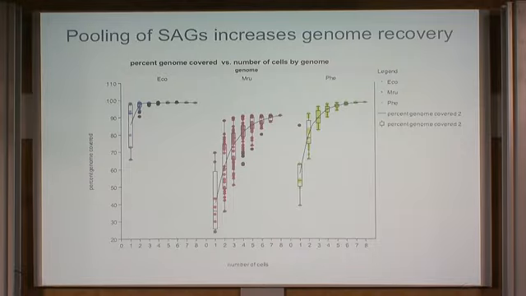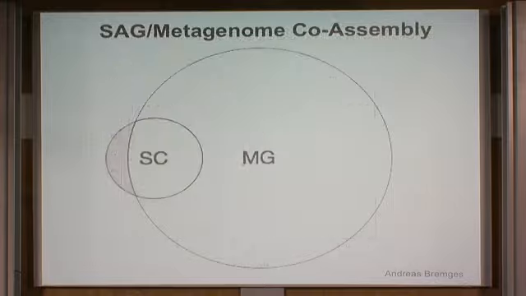But we thought, okay, we also have a matching metagenome available. So why not use the metagenome to actually reconstruct the rest of the genome, right? And that's what we do. We take our single cell reads, and then we try to reach into the metagenome reads and pull out the metagenomic reads, which are part of this genome, right?